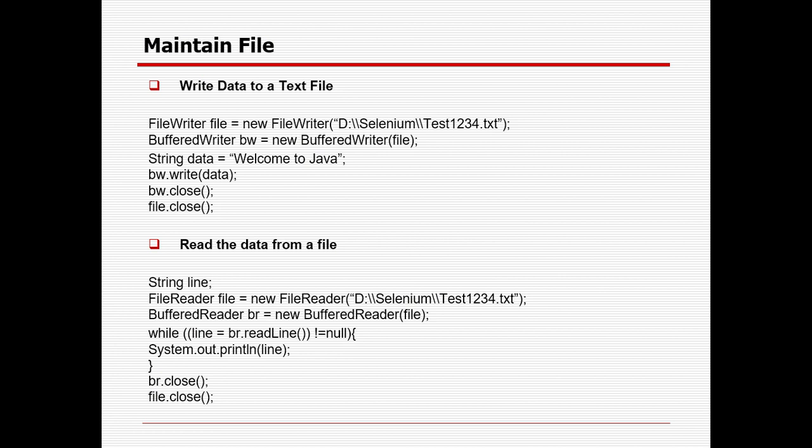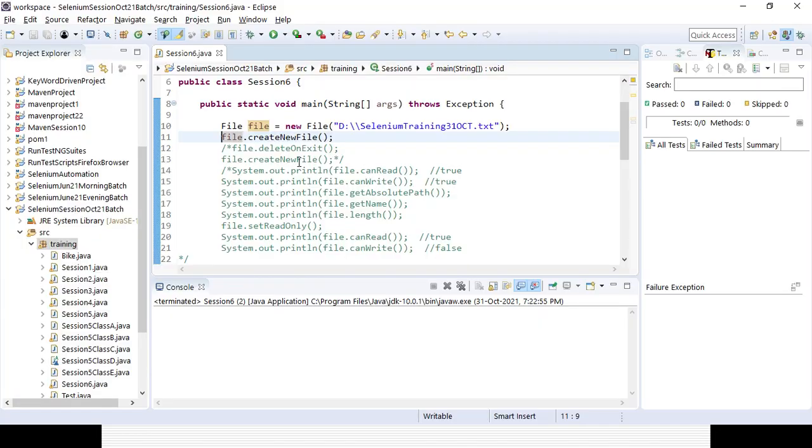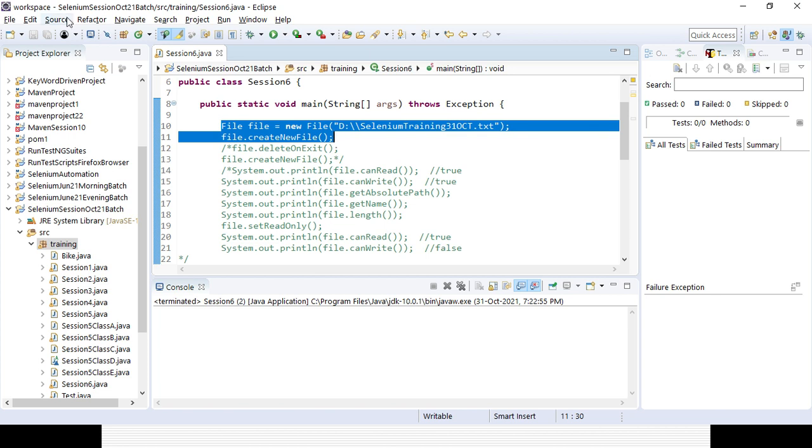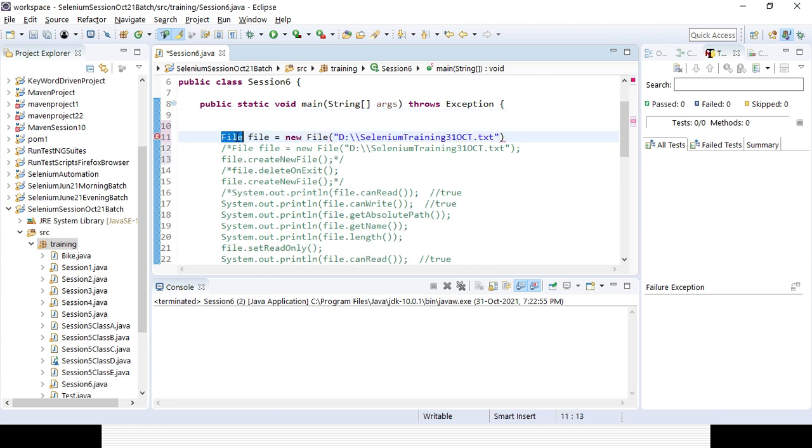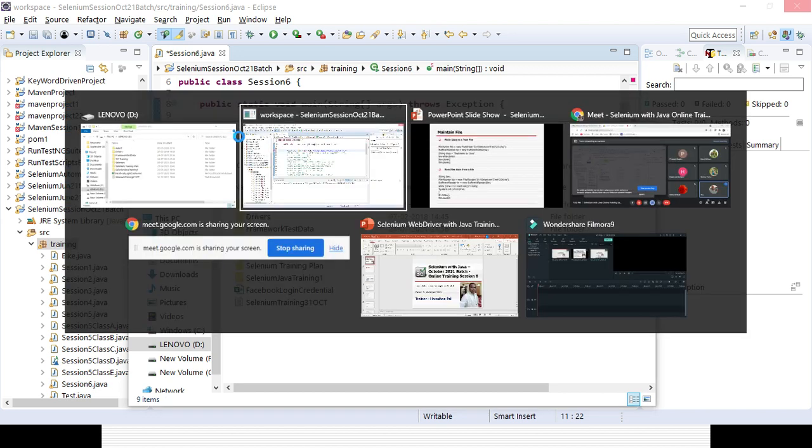Let's comment out this line of code here. Here you need to use FileWriter. Suppose I create an object called fw, FileWriter, so new FileWriter, and you need to give the path of the file you want to write to.